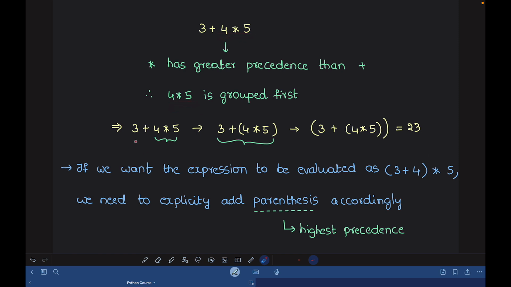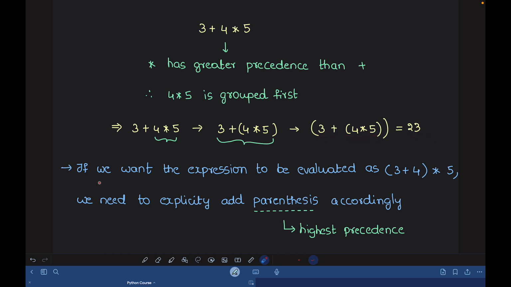Now once 4 * 5 is grouped, then this plus is used for grouping. So it will be 3 + (4 * 5). As we don't have anything else, it's okay even if we don't put the outer parentheses. So the final value will be 3 + 20,